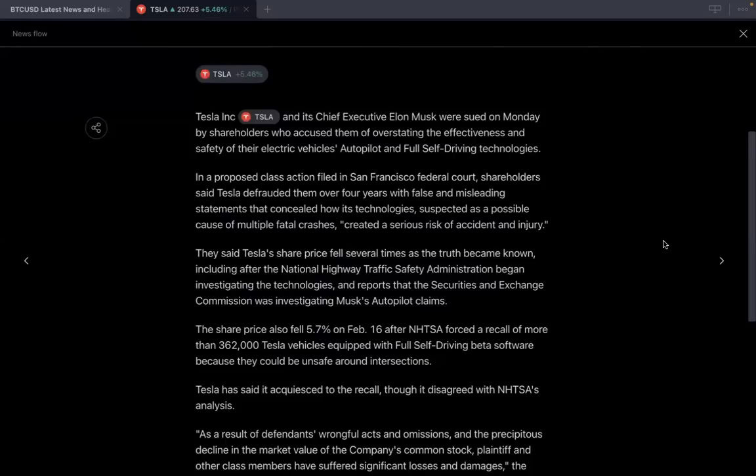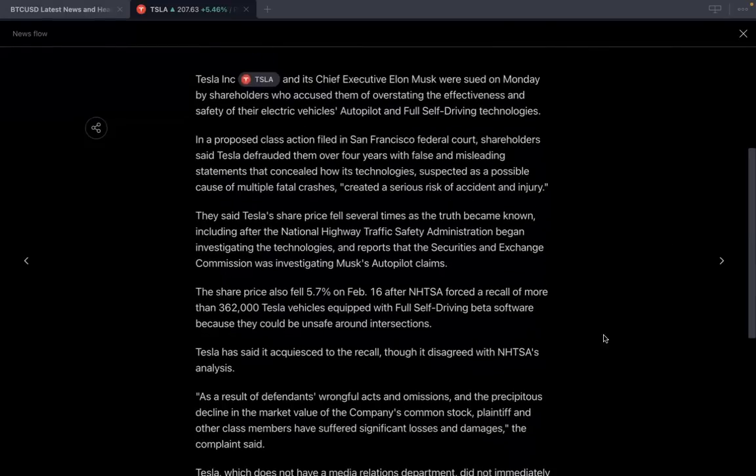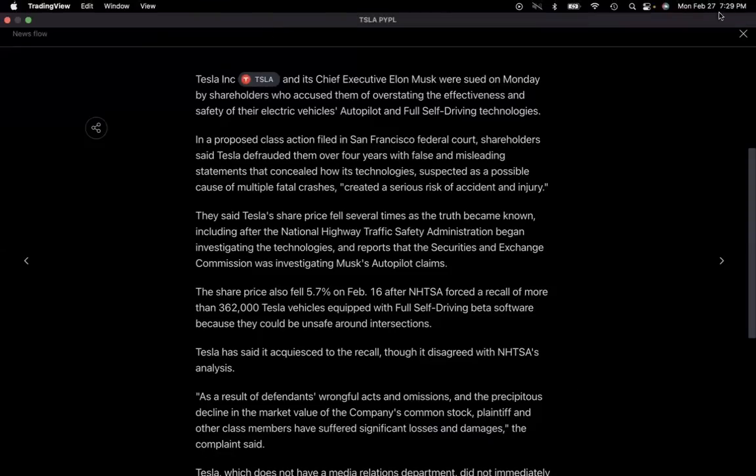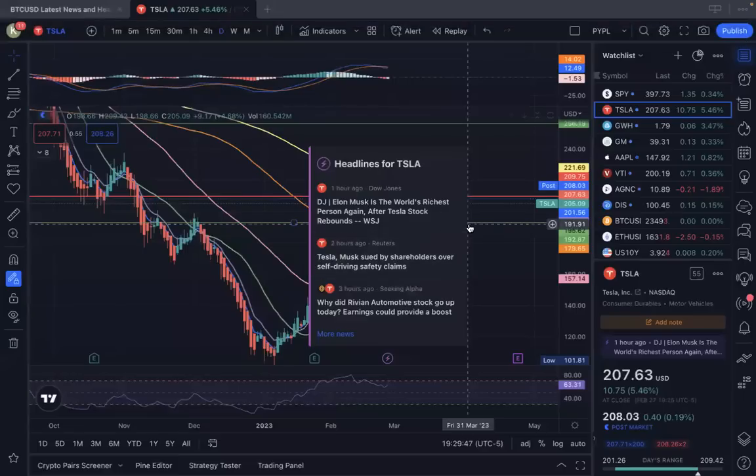Tesla said that due to the recall, it disagrees with NHTSA's analysis. As a result of the defendant's wrongful acts and omissions and the precipitous decline in the market value of the company's common stock, plaintiff and other class members have suffered significant losses and damages, the company said. The complaint said,